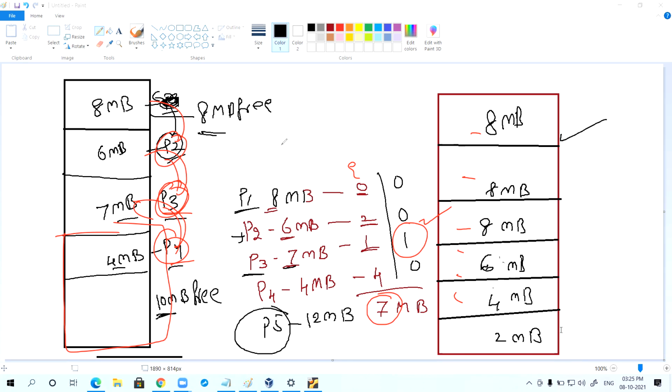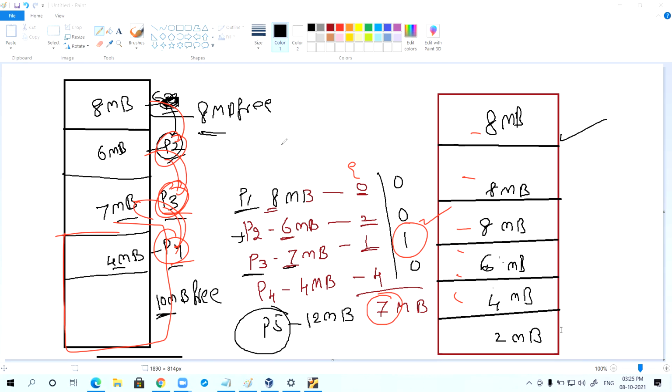Has anybody done defragmentation for the hard disk in your laptop? In a hard disk, when you do defragmentation, all the free space is made at one side of the disk, and all the files are moved to another space of the disk. Now here also it is the same thing. Defragmentation is happening to processes.